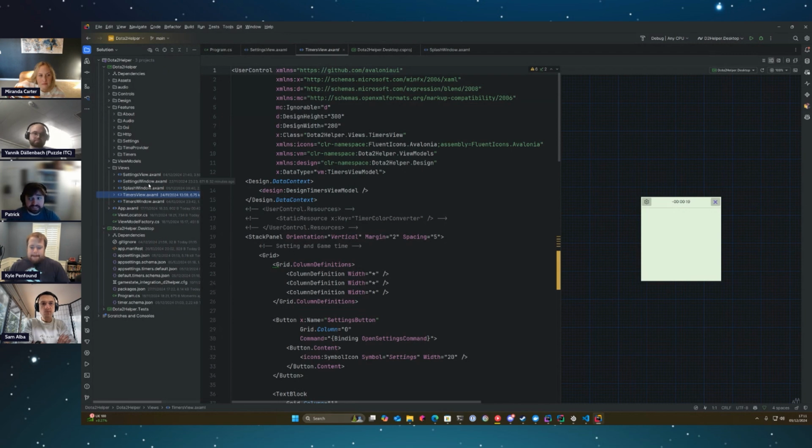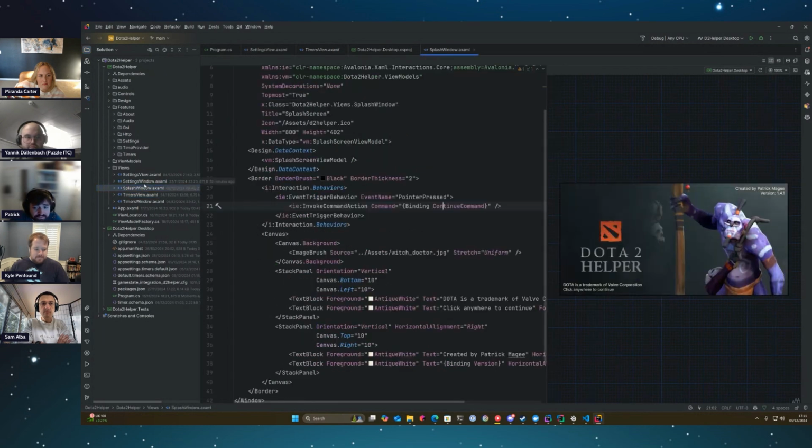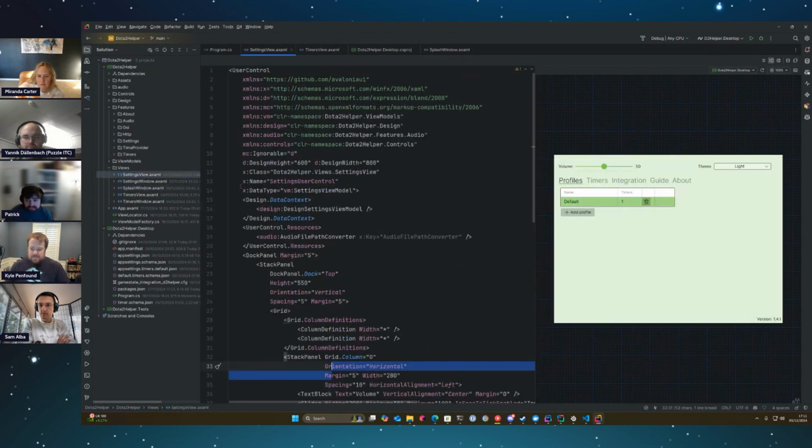Dota is very complicated, so it's just a tool there to help. So yeah, this is all the main screens. There's not that many screens, right? You've got the settings, the profiles tab, the timers tab where they can add in timers or default timers. There's an integration tab where they can make sure that all the configuration is running, like, hey,